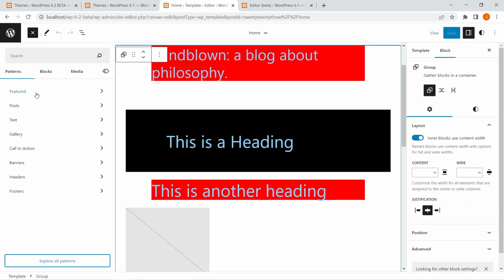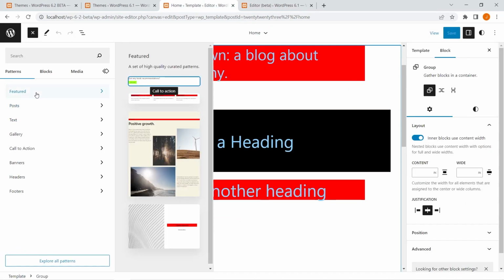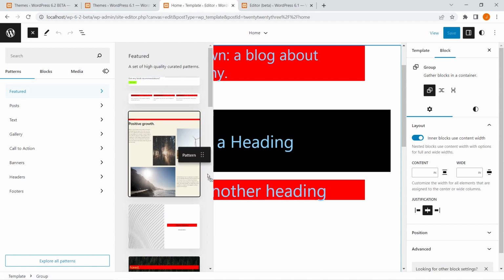As far as the preview goes, you can select any of these categories and it will show you all of the patterns, right? You can drag and drop. Pretty simple, right? It works the same way. It's just that the preview is gone from here, and it will now open in a new pane when you select a